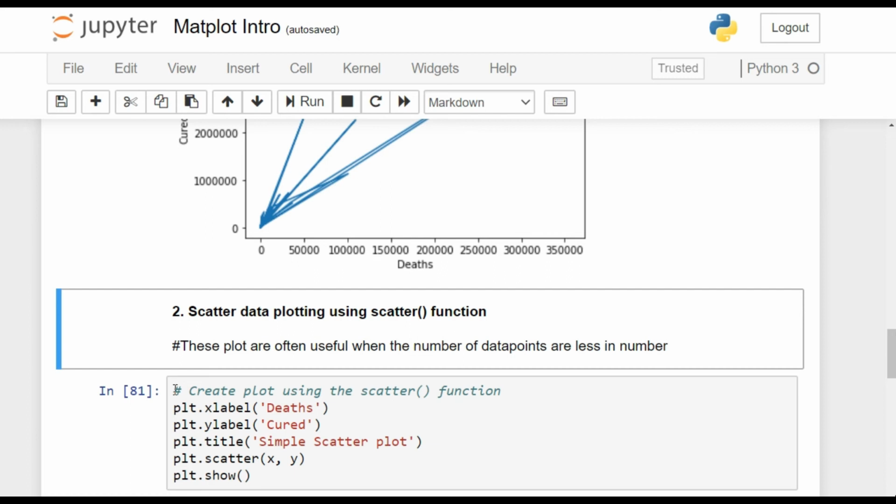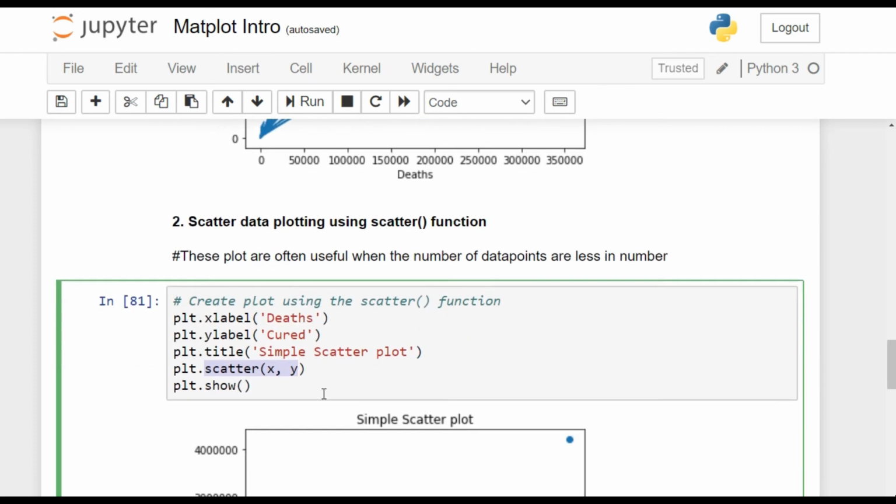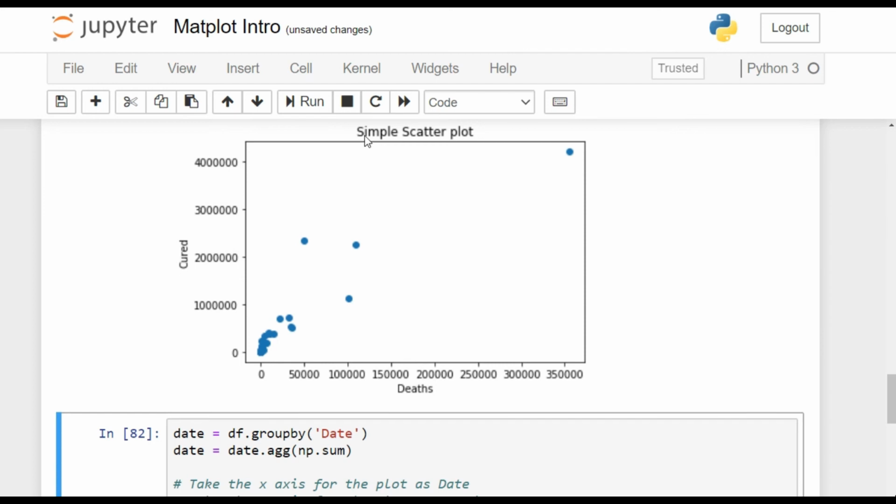Now we use the scatter function to perform scatter plotting. So just simply do it like this. Create the x label and then a y label, and then use the scatter function. Just pass the vector x for the x-axis and y for the y-axis. Now we call this function, and then using the show function we will plot the dataset. This is a simple scatter plot. See, the output is appearing more readable, as it's just showing dots on the screen.